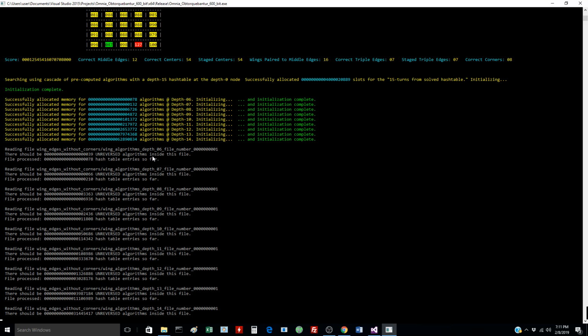So even though I only have the algorithms through depth 14, I should technically be able to solve any cube position from 28 moves away in one pass. That is applying these, let's see, what is it? There's probably 70 million algorithms altogether if you add them all up from depth 6 to depth 14. And it's still reading the file down here for depth 14. This is taking a while, because the other thing I do as I'm adding entries into the hash table,